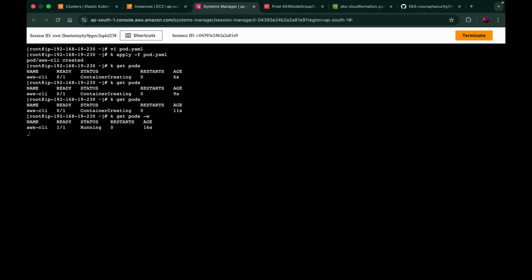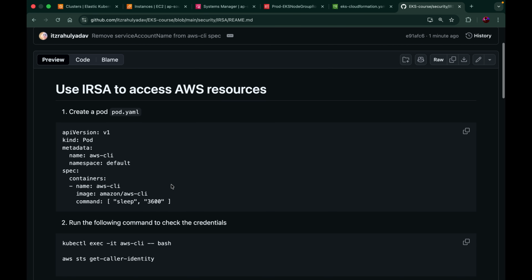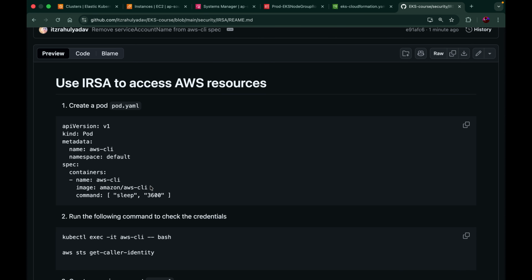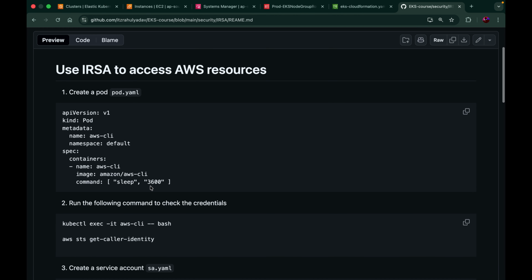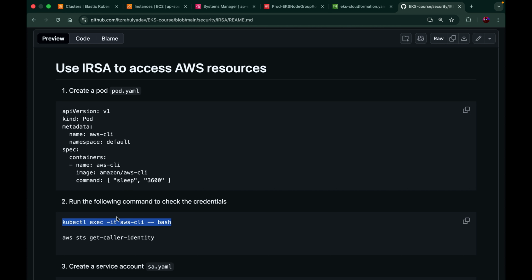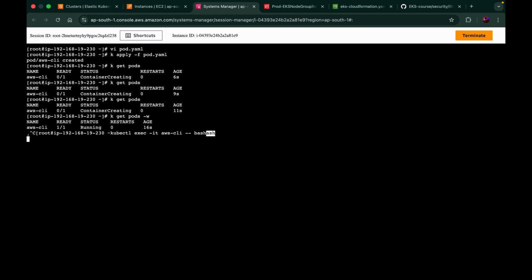Alright, so if you paid a little attention, you will see that the image which is used in this pod is the official AWS CLI image, which means we will be able to run all the AWS commands once we exec into this container. So what I'll do is I'll just exec into this pod. Alright, I'm inside the pod now. Now I can run aws s3 ls,